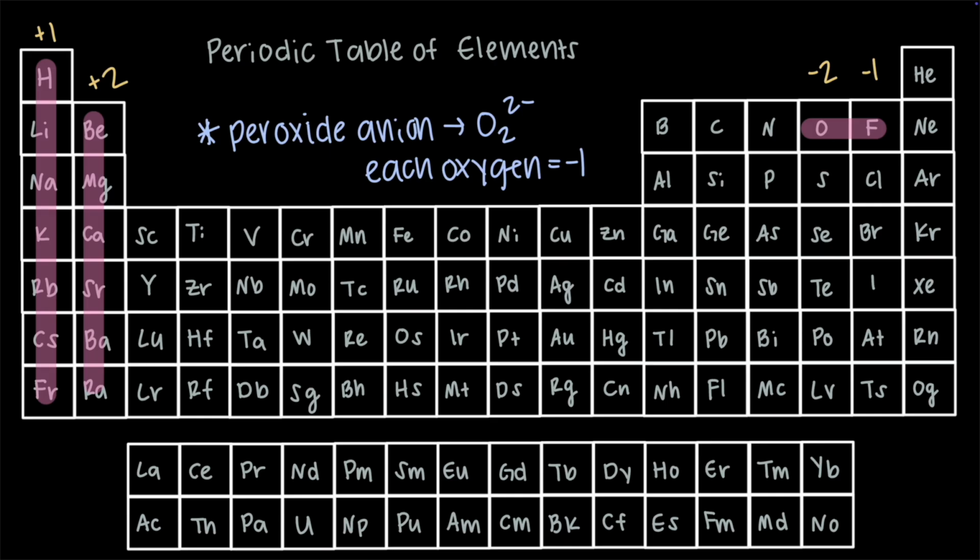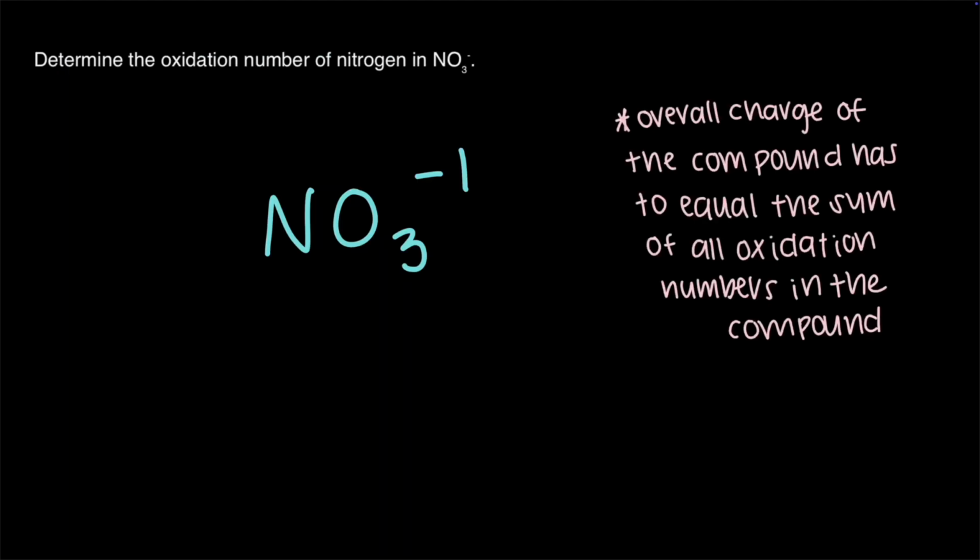Oxygen is more electronegative than nitrogen, so it will most likely keep the same charge it has normally as an ion, unless it's peroxide anion, then it will have a -1 charge. The overall charge of the compound has to equal the sum of all oxidation numbers in the compound. So if oxygen has a -2 charge, the last element, nitrogen, needs a charge,